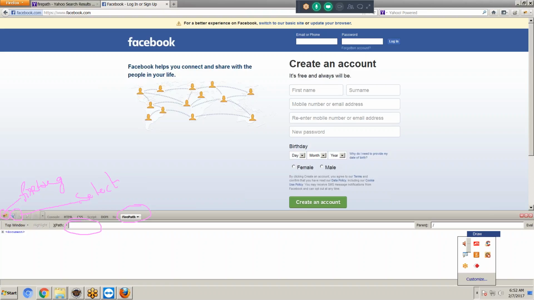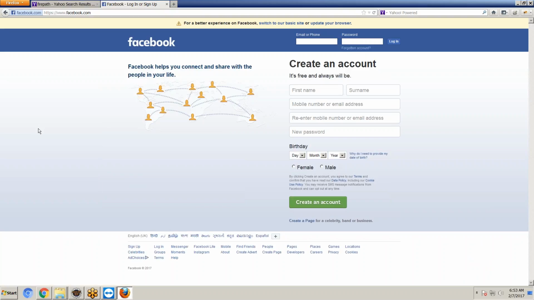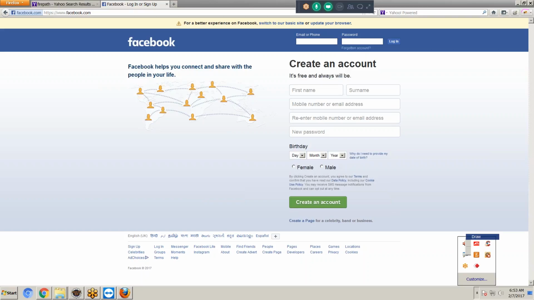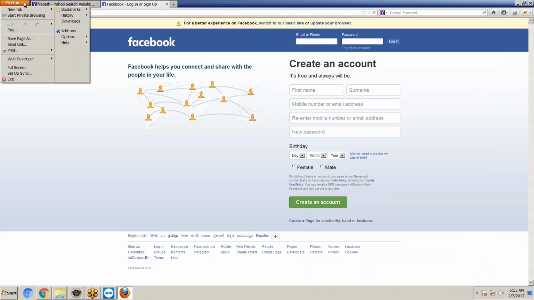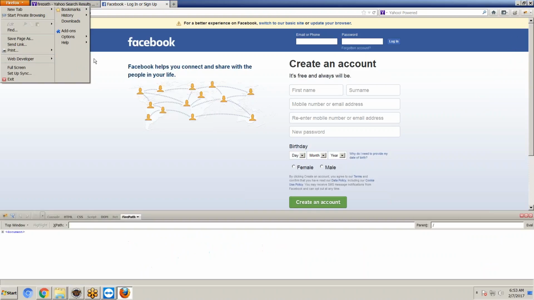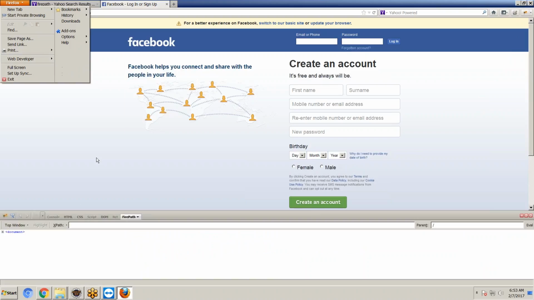Now I want to enter. So where exactly will we get Firebug? I don't want Firebug now, so hide Firebug. How do we know whether Firebug is installed or not? There are two options. One option is that after installing Firebug, we get this option here. That means Firebug is installed. Otherwise, go to Firefox, Web Developer, Firebug. Yes, Firebug.